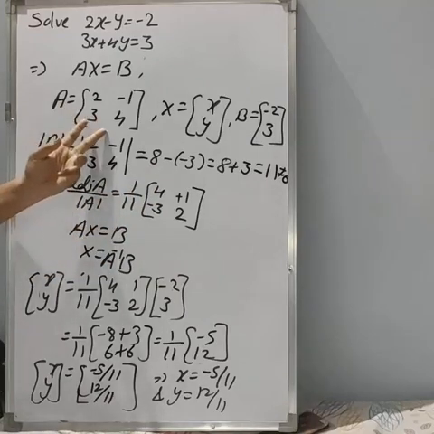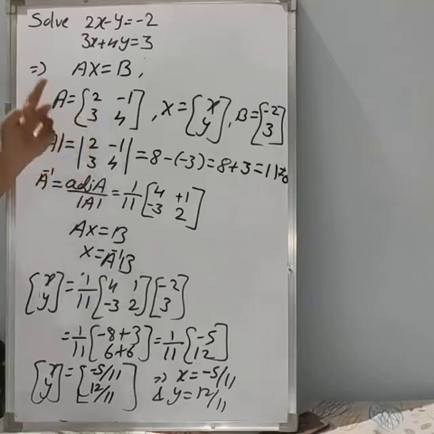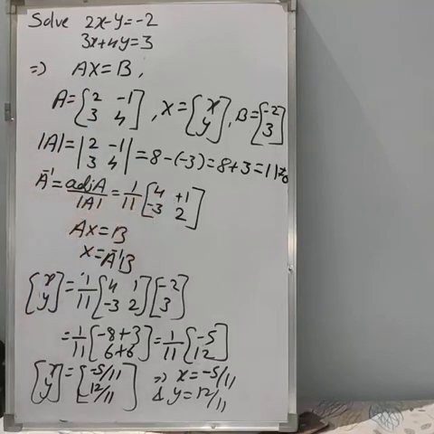If it is of order 2, it is very easy. Only interchange these two numbers. Write down the other numbers as they are with opposite signs. So you will get this. Then consider again this equation, and from this equation we can write x is equal to A inverse B.